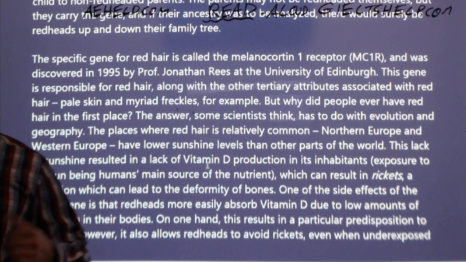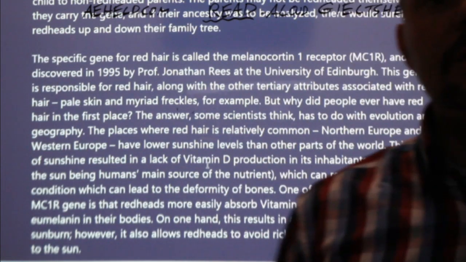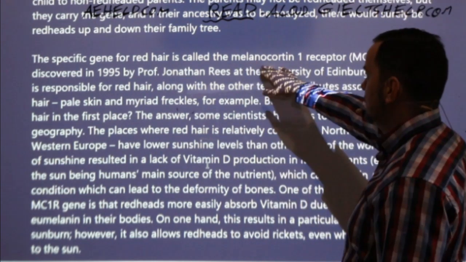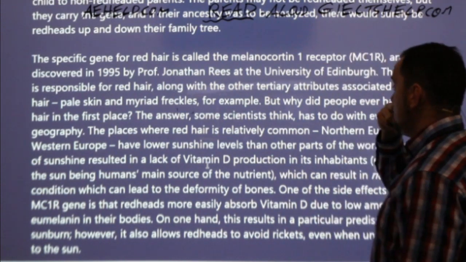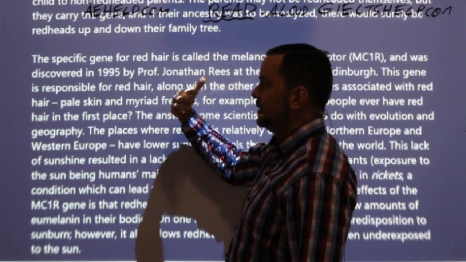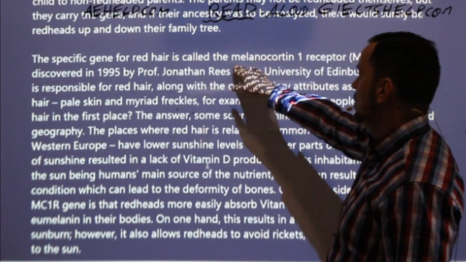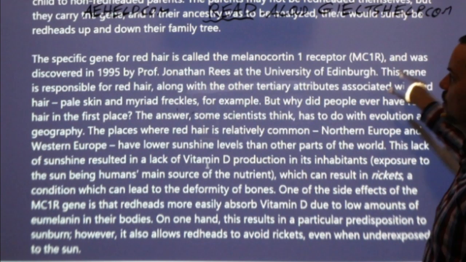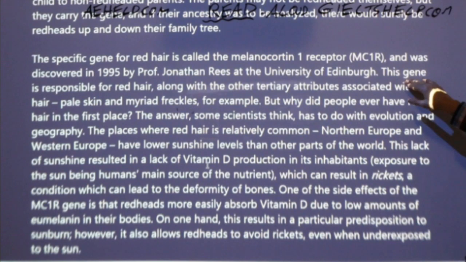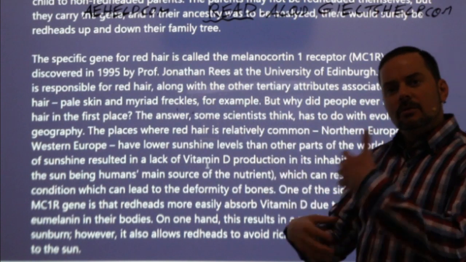Why? So, members, can you tell me why I'm telling you this? So, why not to get stuck reading these words? So, why not stop and try to pronounce this word or read it clearly, even in your brain? Why is that not a good idea? Why should you just kind of ramble through it? So, if I were reading this during the IELTS exam, I would read it as the specific gene for red hair is called the melanocortin receptor and was discovered in 1995 by Professor J.R. at the University of Eden, this gene. So notice that even the name here and the name of the university, I just kind of went through it.